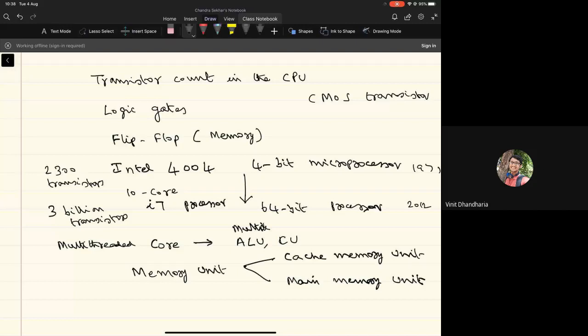Typically, the main memory unit cell will require 2 transistors, whereas the cache memory unit cell requires 6 transistors. And also the time taken to access these memory units is going to be much less for the cache memory unit compared to the main memory unit. Okay, and typically this cache memory unit will consist of a hierarchy,